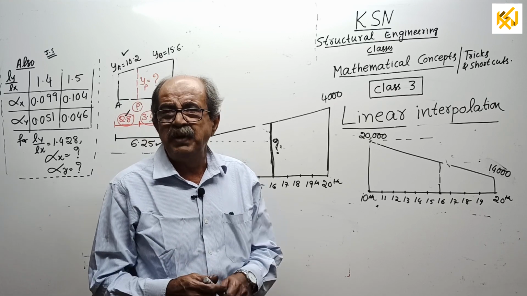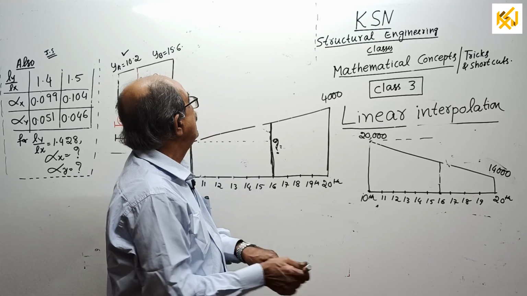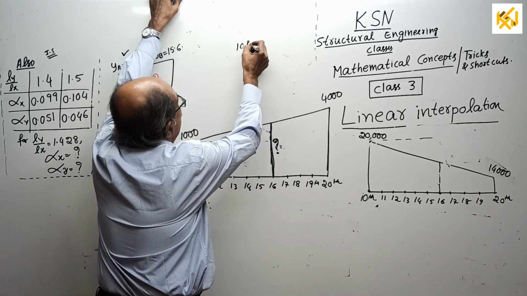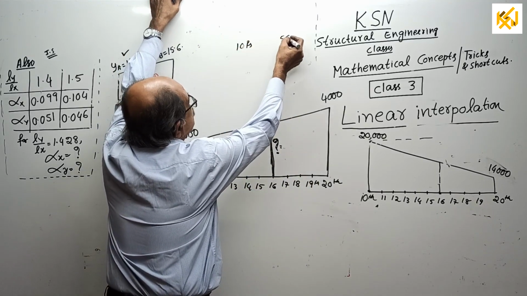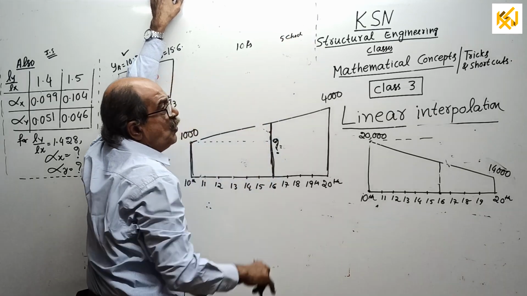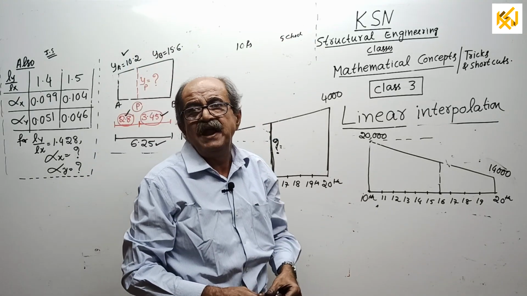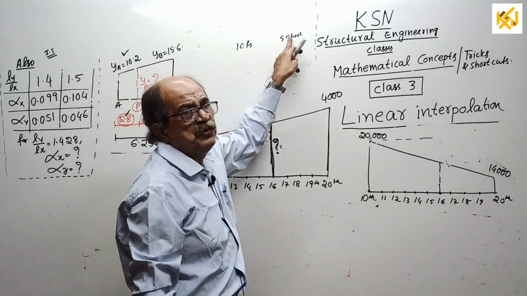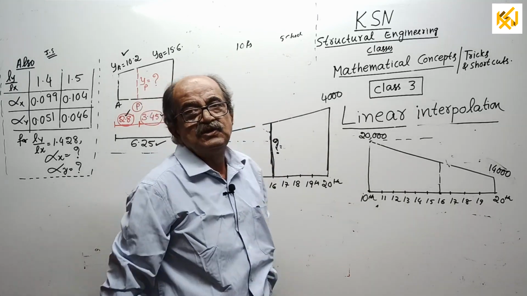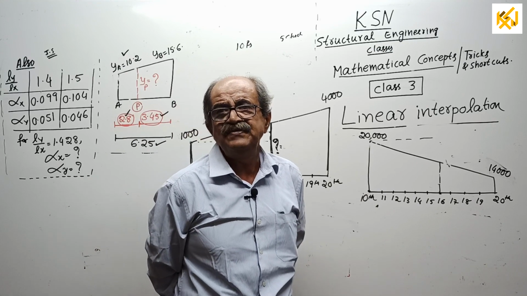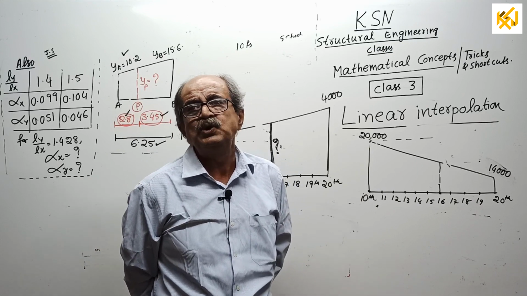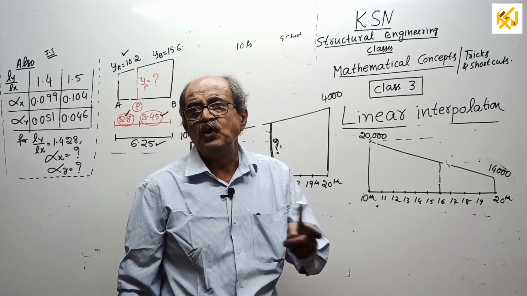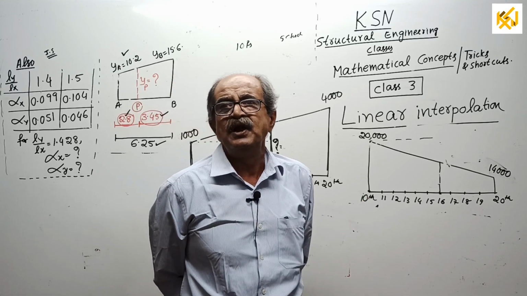Suppose you go and buy anything, chocolate for example. You give 10 rupees in India and you get 5 chocolates. What is the cost of one chocolate if you want it? What do you have to do? 10 rupees is the cost for 5 chocolates, so the cost of one chocolate is 10 divided by 5, equal to 2 rupees. Once you know the cost of one chocolate equals 2 rupees, now you can find the cost for any number of chocolates.